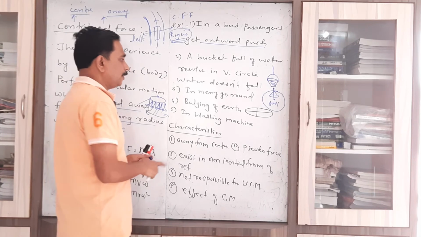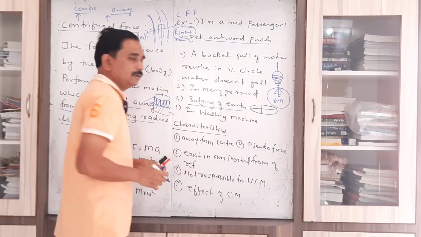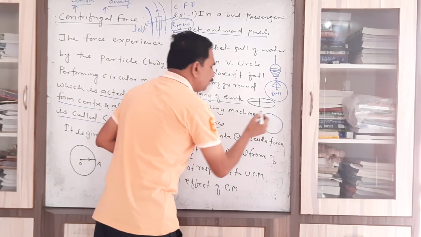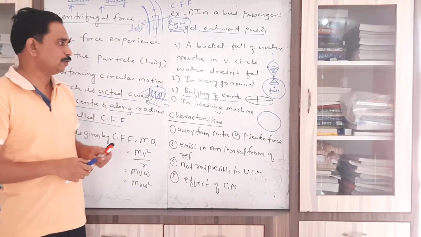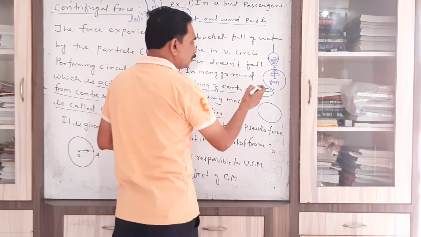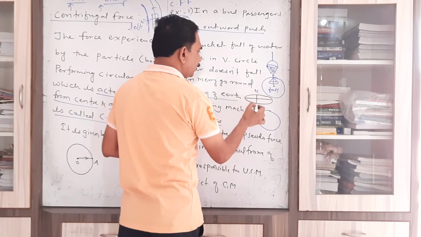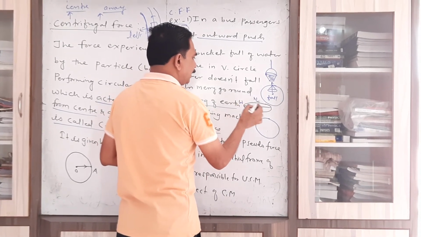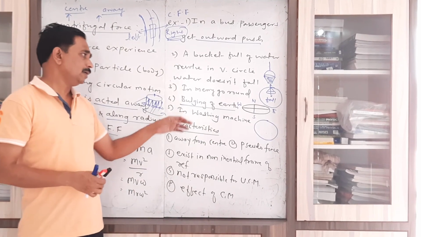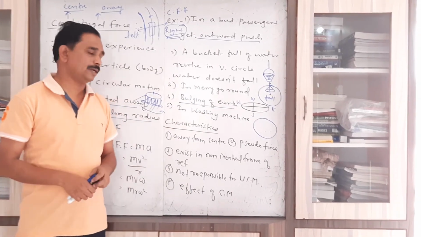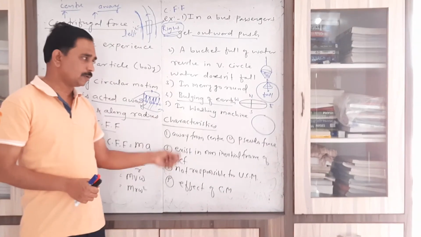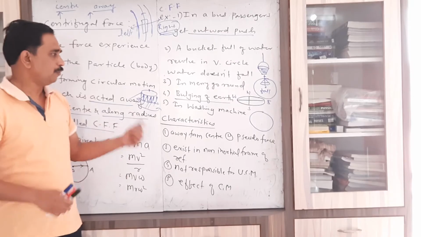Now this one is important for objective purposes. Though we consider the Earth to be completely spherical, actually it is not spherical, but an ellipsoid. Its two ends are close to each other, that is the polar ends, and the equatorial ends are away from each other. That's why the shape is called elliptical. This bulging of the Earth is because of the centrifugal force.